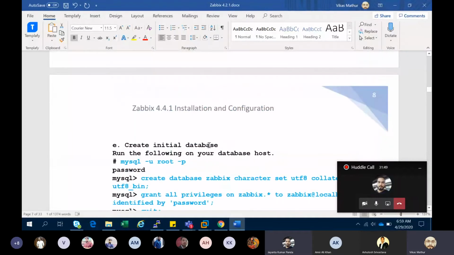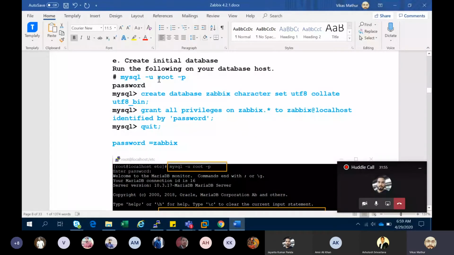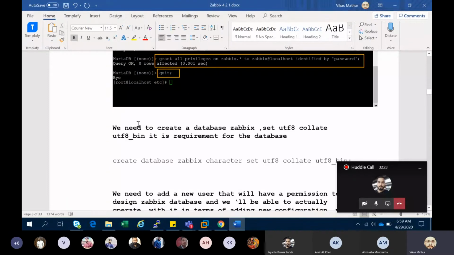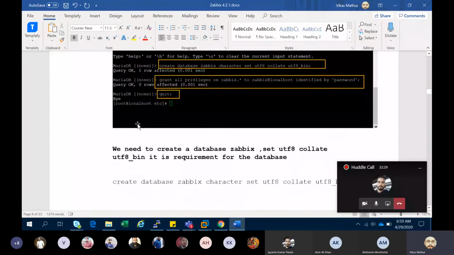So after executing this command, my database is in a secure state. Because I have a username and password for my MariaDB database, when I execute this command, it will ask for this password. What I am doing is creating one database whose name is Javix, with UTF-8 collation. That gives the information about the database requirements, and it is provided for security reasons.